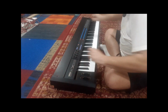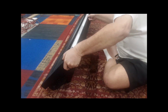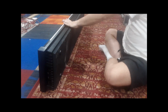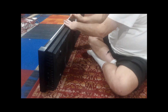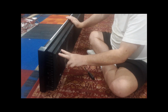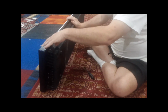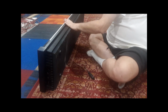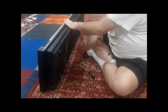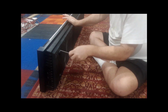So we're not going to remove those 4 screws yet, but what we're going to do is tip this up on end very carefully. Okay? And you don't want to push it back too far. All right? And it kind of balances itself, but you're going to hold it. Now, if you're just going to open up the panel and you're not going to take out the keys for servicing, there are 2 screws on this side which screw into the wheel plate, and there's 1 far screw that screws into the end plate down by the upper key. Those are the 3 screws that you need to remove just in order to open the plate,